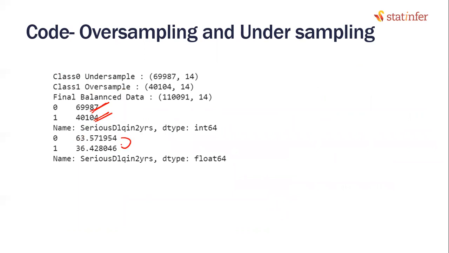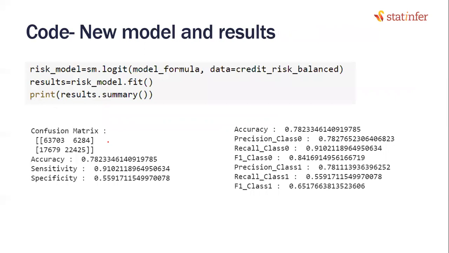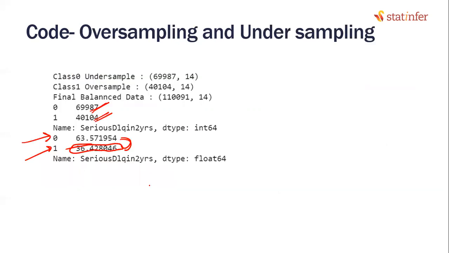Still, there is a little bit of imbalance. That is still fine. Zeros are 63%, ones are 36%. Now the model will effectively learn ones. Now look at the accuracy or the specificity. This is the first time we got something more than 50%. Until now, it was reeling around 15% or 30% somehow. This is the first time we have got it to 55%. So we will be able to capture effectively the class that we are interested in.